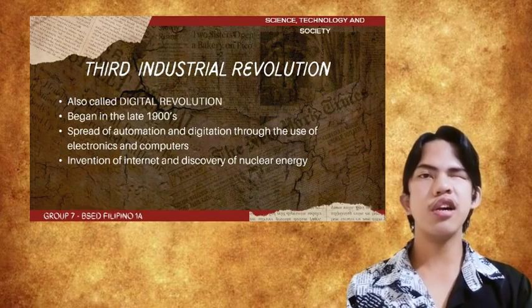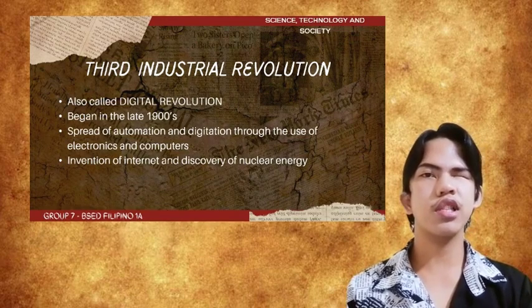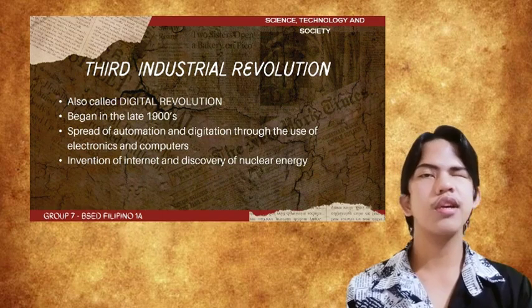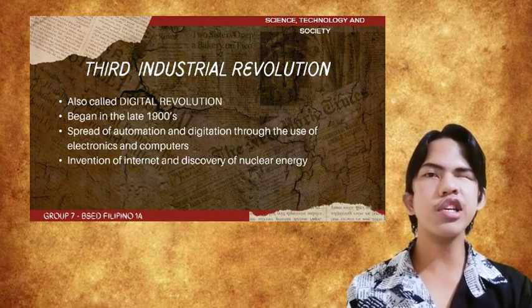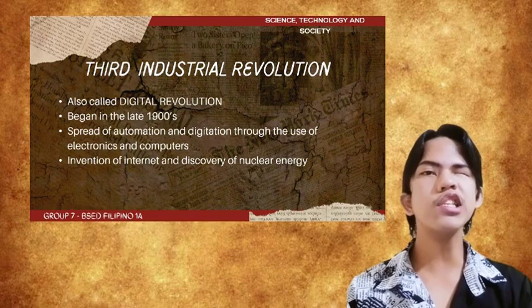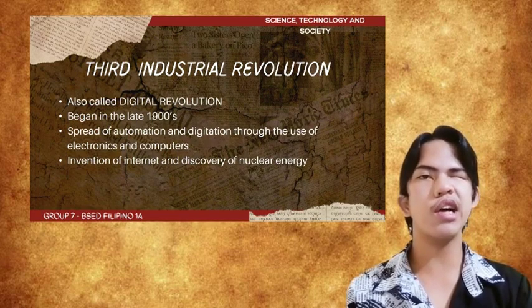Third Industrial Revolution, also called the Digital Revolution. But before anything else, what is the Digital Revolution? The transition from mechanical and analog to digital electronics, which started in the second half of the 20th century with the adoption and widespread use of digital computers and record keeping and is still going on today, is known as the